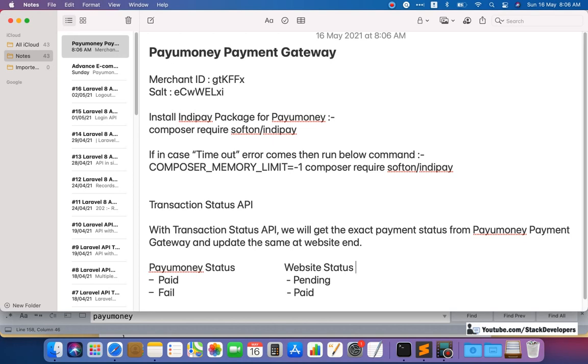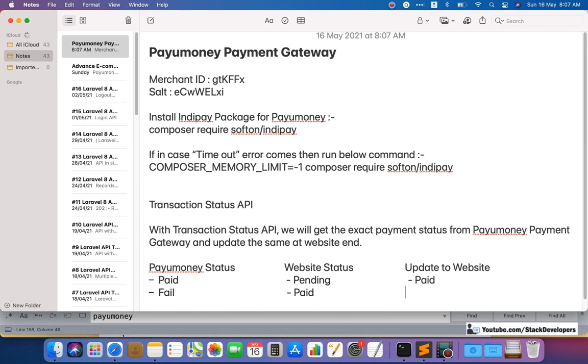Okay, so here we can write like update to website. Okay, so here what we are going to do, whatever status is coming from the PayUmoney update to website, here we are going to update to paid, and here we are going to update to fail.